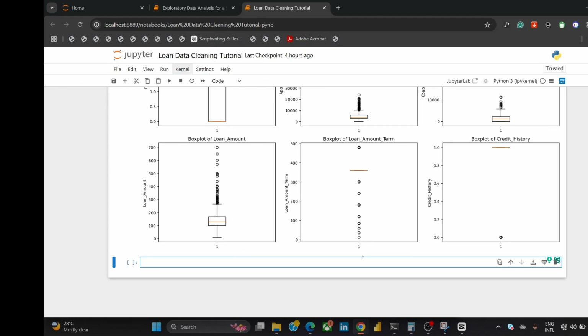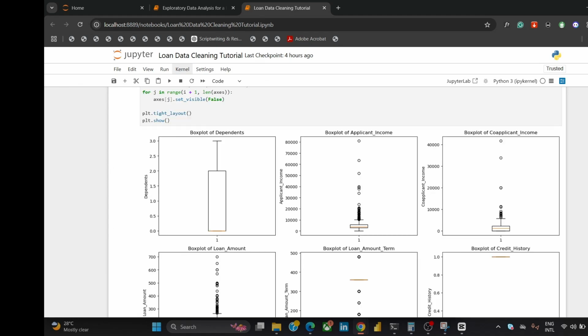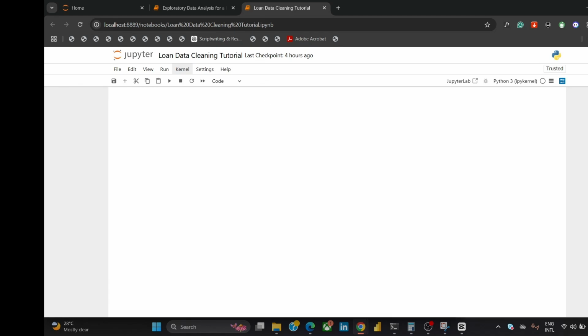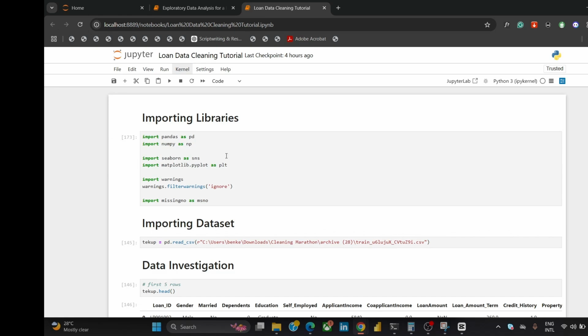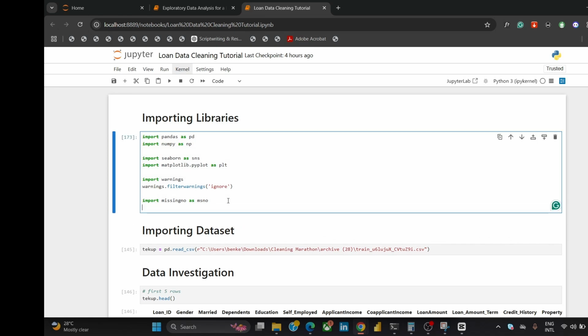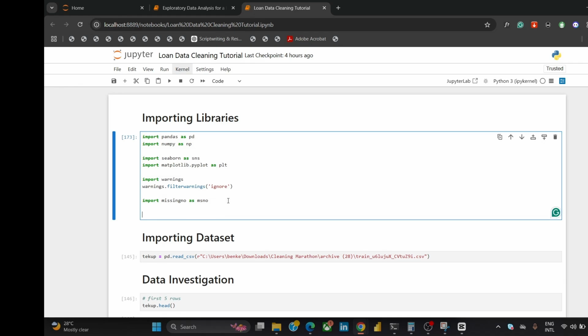Now, to do that, we need to import another package, another library. Let's go up here to import the library. We can simply come here and import the library, or we can go up there to ensure that everything is arranged. The library we are going to be importing is winsorize. We import it from a Python library called SciPy. I think I already have SciPy installed. So we say from